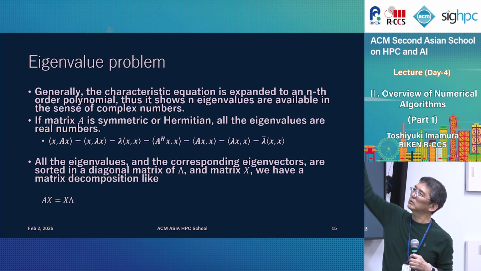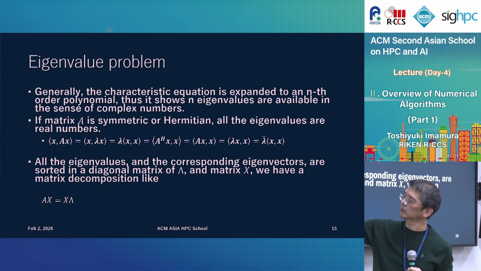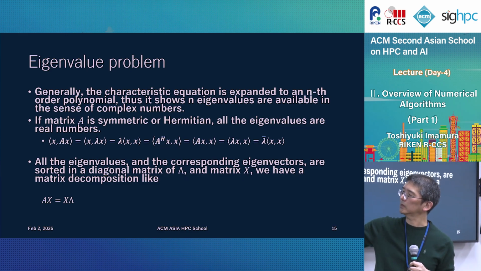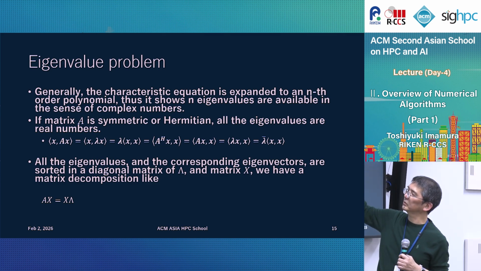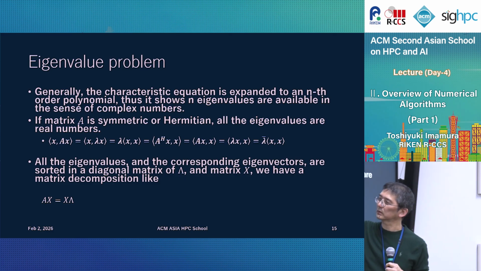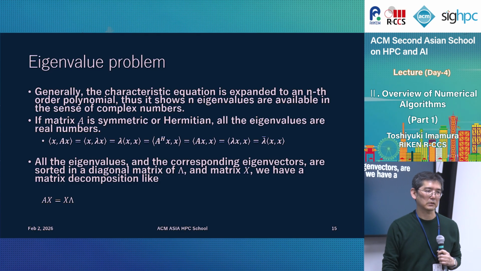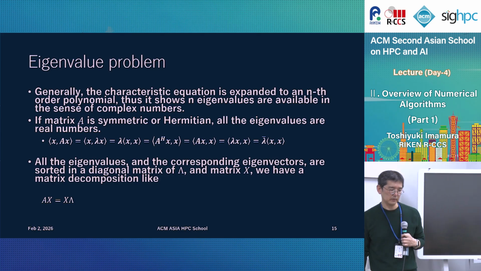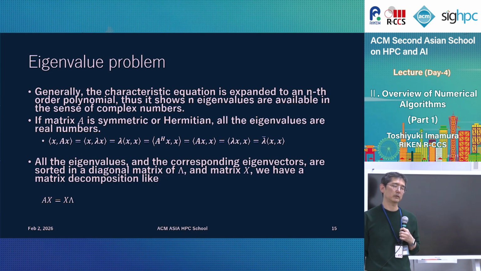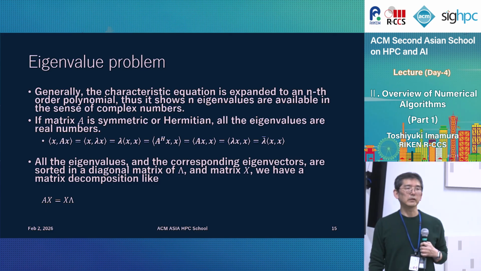If we solve for all possible eigenvalues, we store the lambdas in the diagonal part of the matrix capital Lambda, and all the corresponding eigenvectors into capital X. So we have AX equal X Lambda. This is another formulation of the eigenvalue problem. But we sometimes say that this is an eigenvalue decomposition,